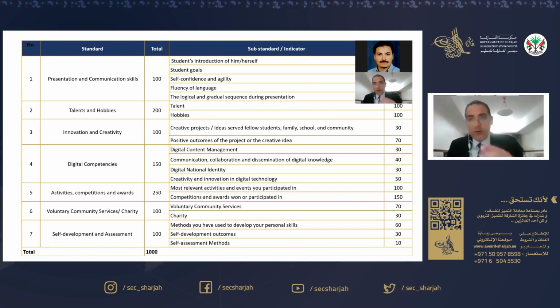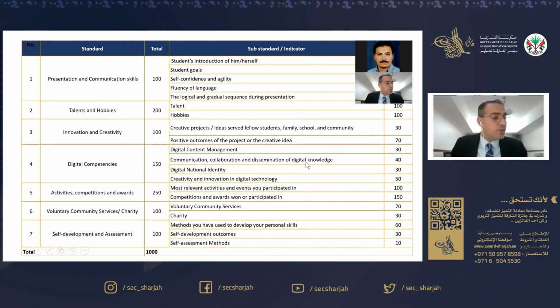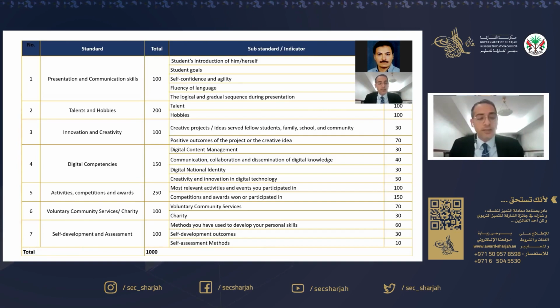We will go, of course, now through these standards. If you get 800 out of 1000, your portfolio will be short-listed. Now, let's go through them one by one.